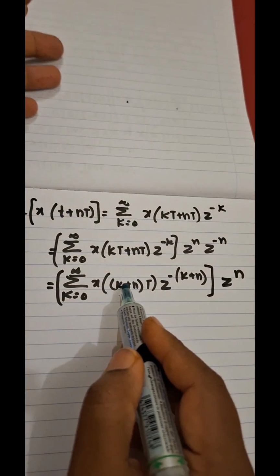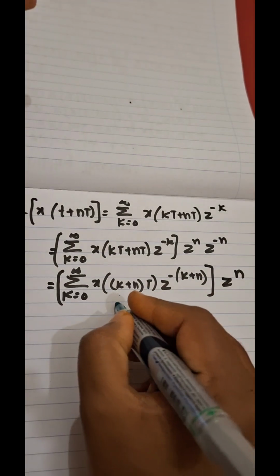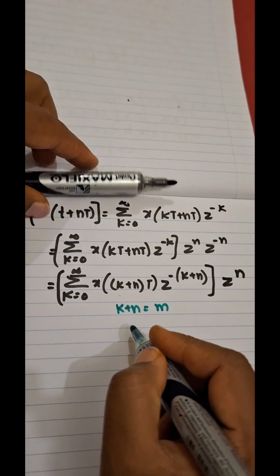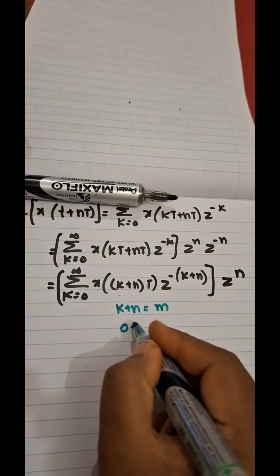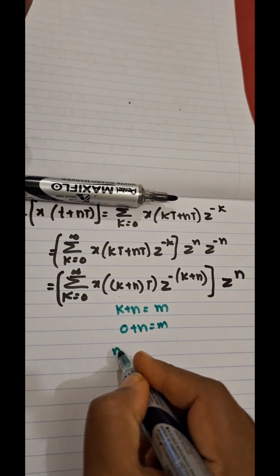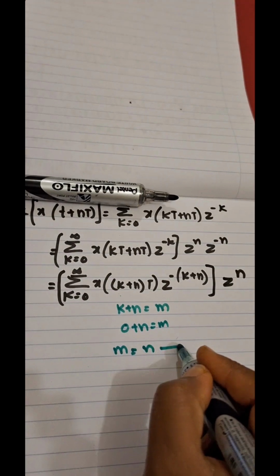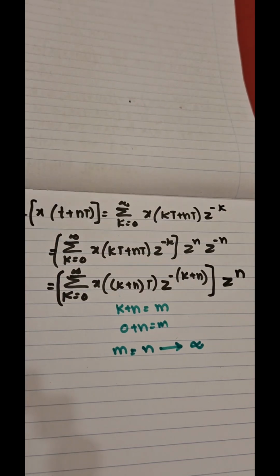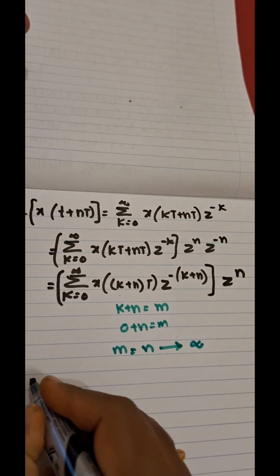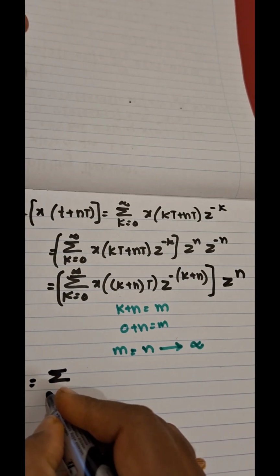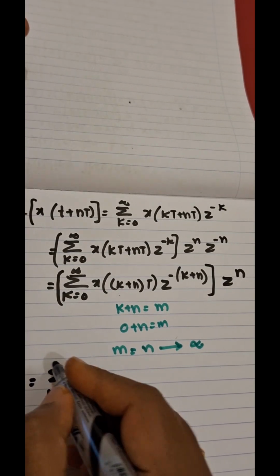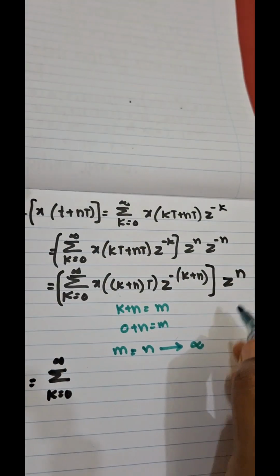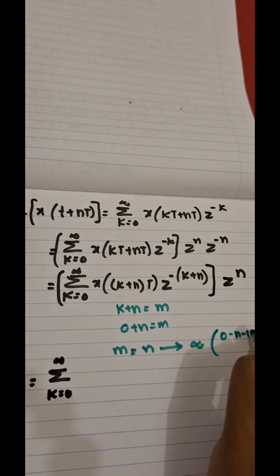But here k plus n means beyond k the equation is going. So I am referring to k plus n as m. So if k is equal to 0, 0 plus n is equal to m, meaning m is from n to infinity. So this equation becomes sigma k is equal to 0 to infinity. So m is from n to infinity means 0 to n minus 1